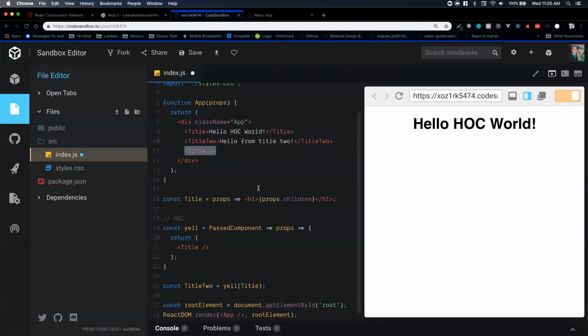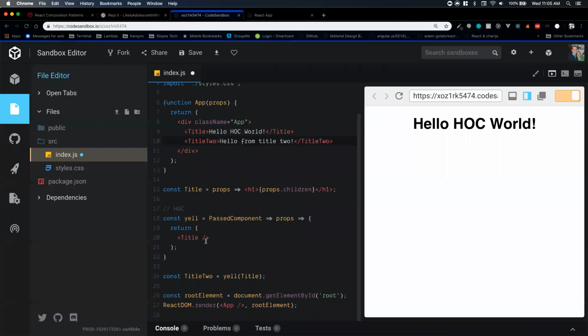There's nothing passed to it. It's expecting children to be passed to it. So that's why this isn't working. On our props object, when we do this, this props object now has hello from title 2 as props.children. So if we just pass this through,